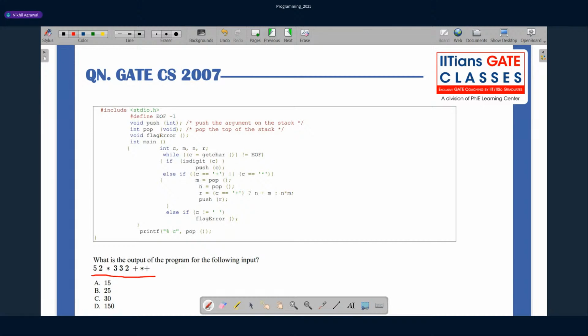I hope everyone is clear what the meaning of get character is. Get character is fetching one of the characters from the input sequence and storing it into C. Okay, come on, try. And push and pop are the basic definitions of what is happening.